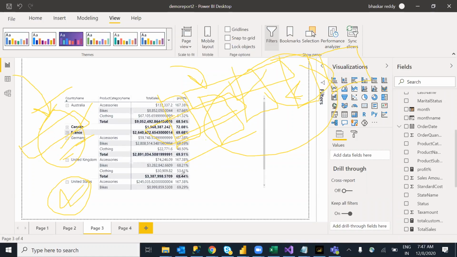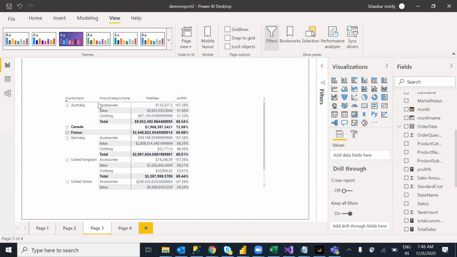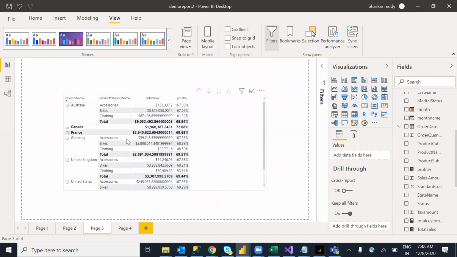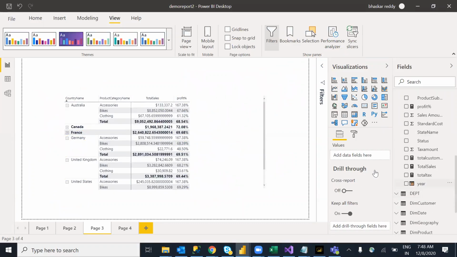Another thing here, we have toggle buttons. We can expand or collapse. Based on that, we can see the overall level, or the detail level by using toggle buttons. This is plus or minus. The technical terminology is toggle buttons, plus or minus. You can use both terminologies. We can display our data both column wise and row wise, the structure will be dynamic, and then we can use toggle buttons as well.